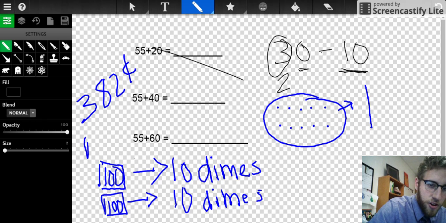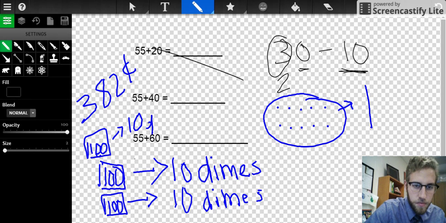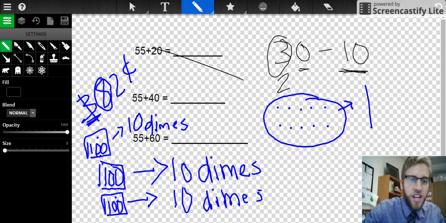And then we even need a third stack of 100 pennies, which is also another 10 dimes. And then so that gets done with our 300 pennies. We're done with those because we got 100, 100, 200, 300. We still have 80 pennies just kind of sitting around. We know that 80 pennies, since this is in the tens place,